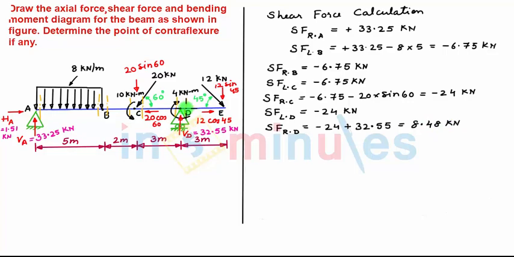Now moving the section towards point E, by taking a section towards left of E and very near to it, we have shear force towards left of E is equal to, if we see between these two sections there is no addition of force, so shear force will be same, plus 8.48 kN. We can verify this by considering the right hand side of this section. On the right hand side, the only vertical force is a force of 12 multiplied by sin 45, which is downward, and its magnitude is 8.48 kN. Hence our calculation is correct. So with this, our shear force calculation is over.